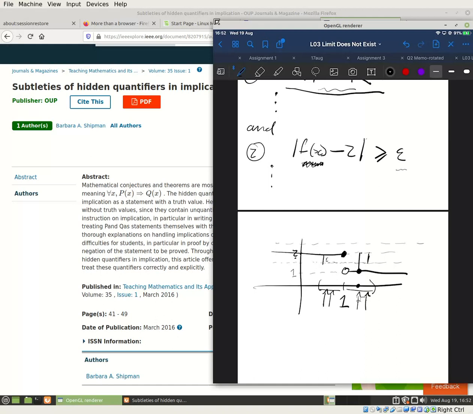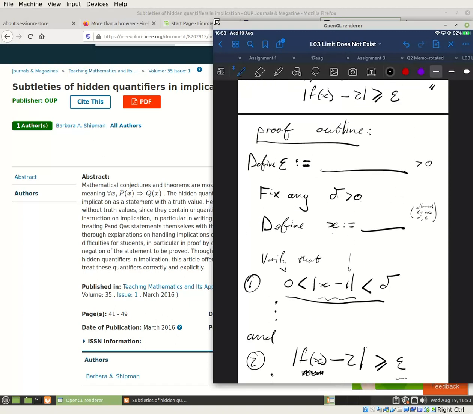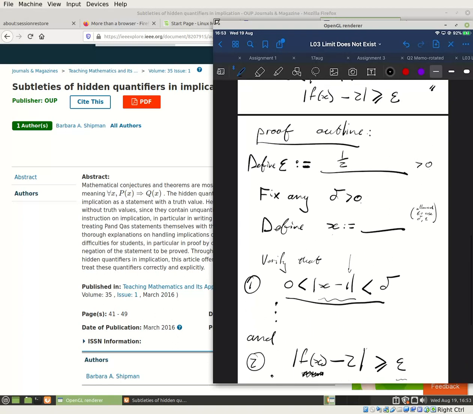So what is the idea? Why don't we take epsilon to be half of the distance from 1 to 2? So half of this distance. What is half of that distance? That distance is 1, so why don't we take epsilon to be a half and see what happens. So we define epsilon to be a half. And now for any delta,